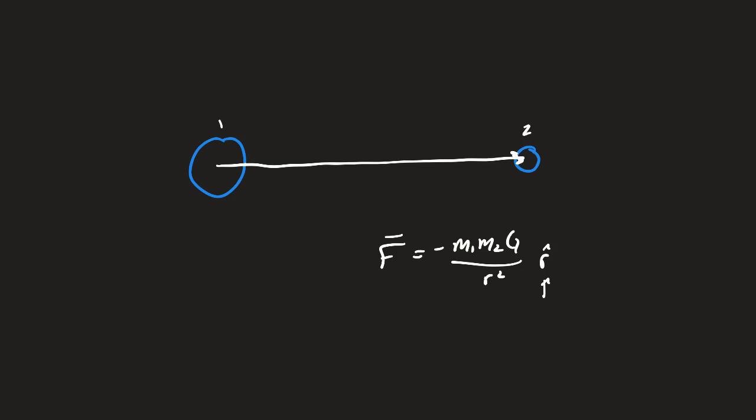Meaning we draw an arrow from object 1 to object 2. The direction of that arrow is r hat. The force must be in the opposite direction of r hat. So the force ends up being negative from these points of reference. We okay so far? Remember,